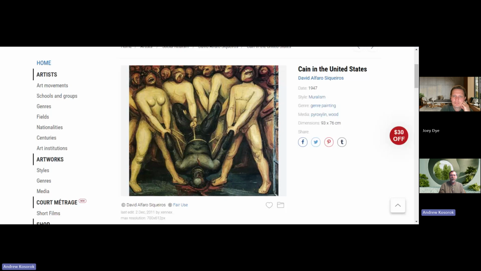The title of this is Cain in the United States. And this feels much more to me like it ties in, and this is why I was thinking of Aaron Douglas. It ties in a lot more with, to me, the lynchings that at this time were still very common in the Southeast US. And I think this feels very much like a warning against